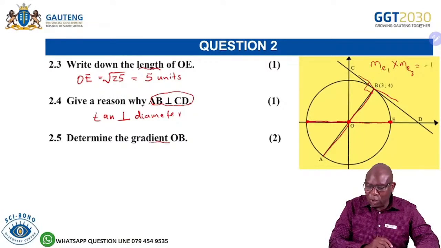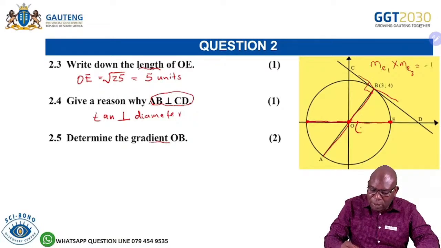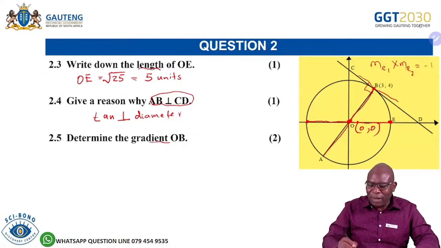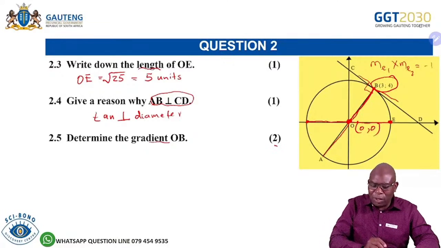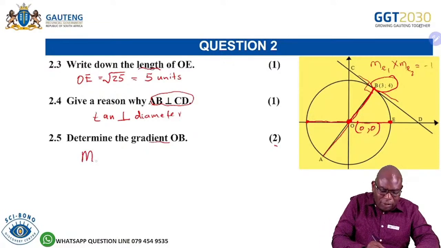So how do I get the gradient of OB? O to B. What is O here? It's (0, 0). I've got another point there, B. But if I've got a (0, 0), look at the trick. Simple trick. If you've got a (0, 0) and a point here, because your circle is at (0, 0), you just look at this point. It's 2 marks. Nothing much. Look at that point and say the gradient of OB is equal to